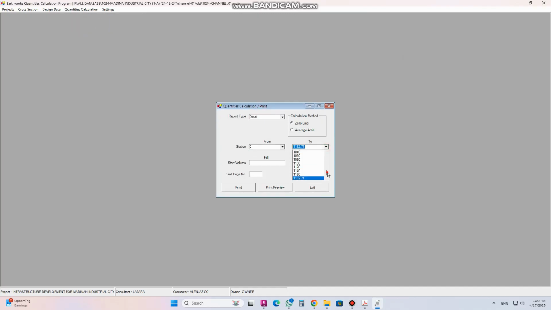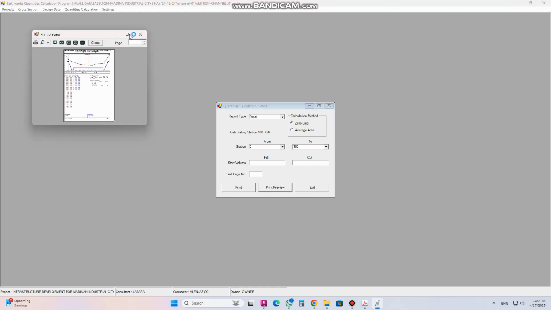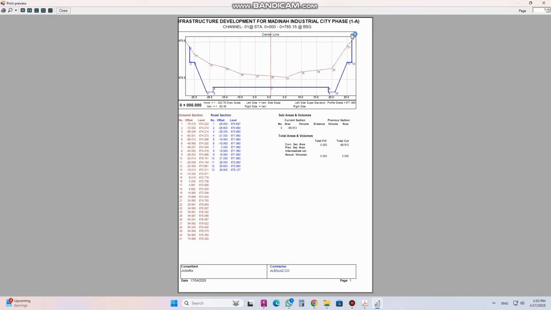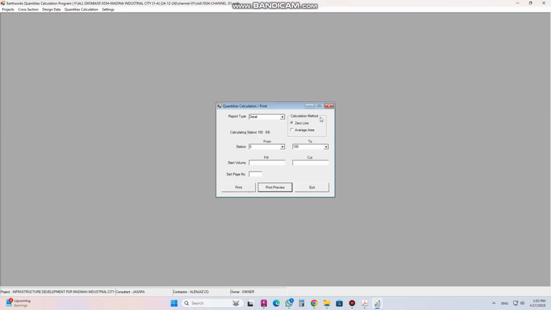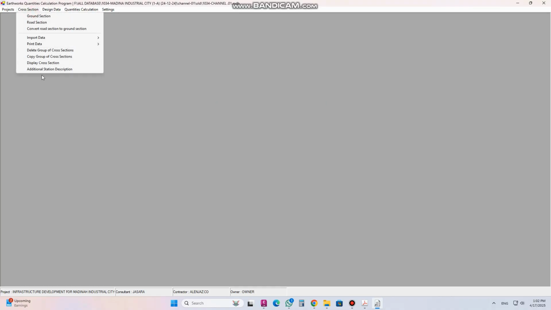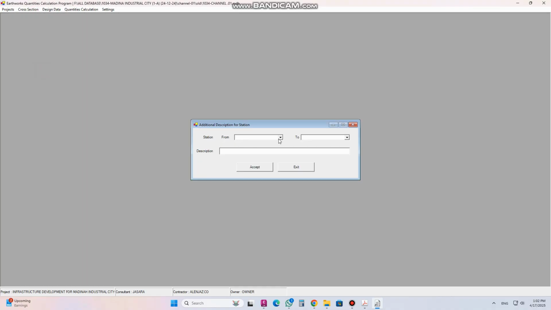When I go to print this one, it's very clear there in the cross section. Whatever you write here in the additional description will be mentioned here. So anybody who sees the cross section will understand there are networks, utilities or anything passing here, or you can remove